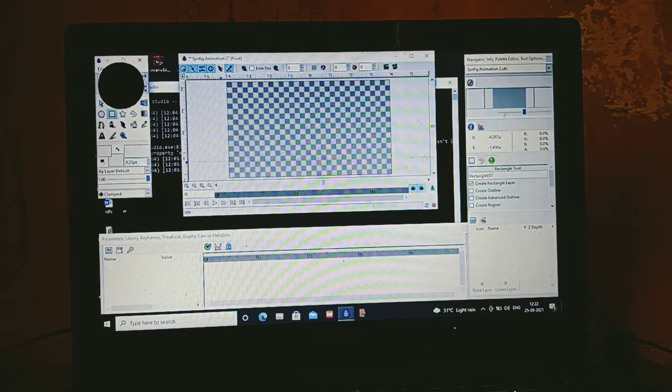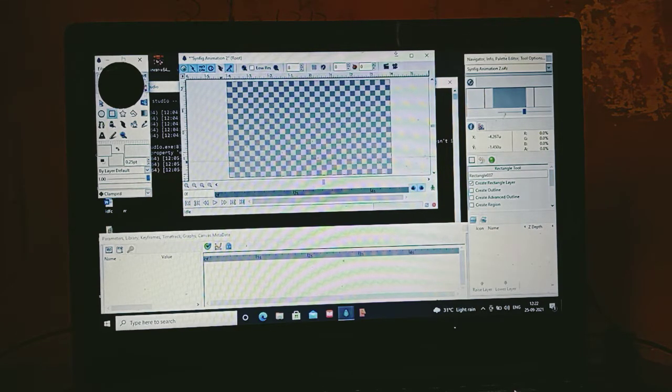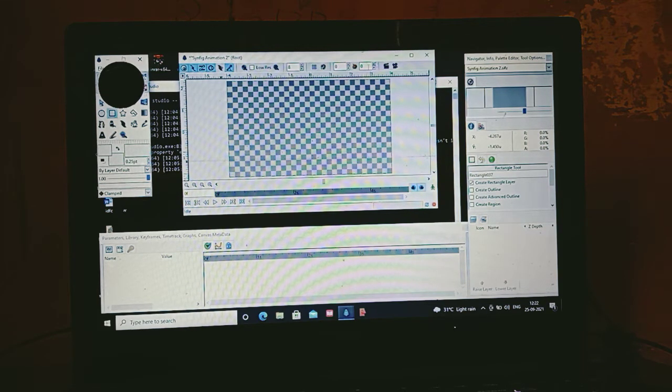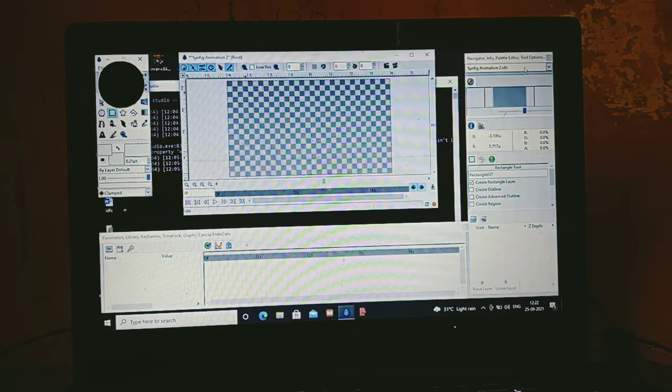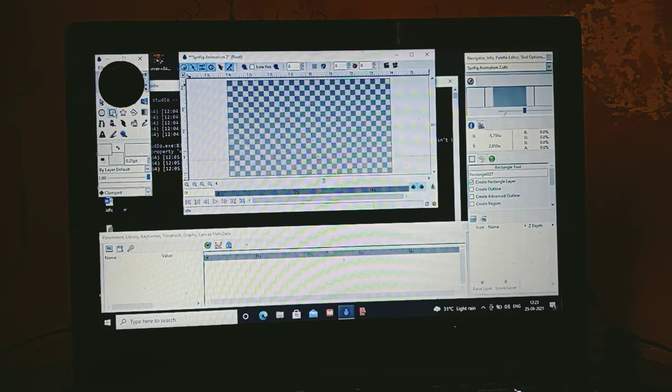Now the first thing you have to do is, for any animation, you have to keep a background. It should not be like this. You should fill it with some color. There are two methods. One is you can use a gradient to make the background, and the second is you can use a rectangle to cover the whole screen and fill the rectangle with a color. This time I am doing it with the normal rectangle. So here I will be doing it.